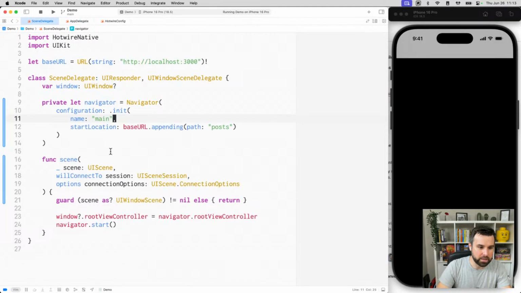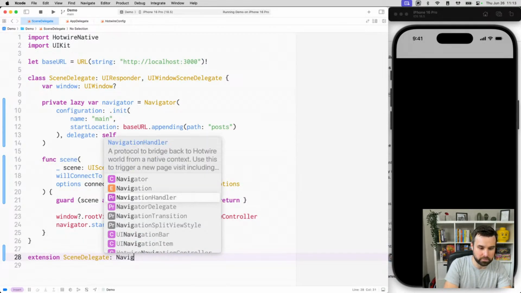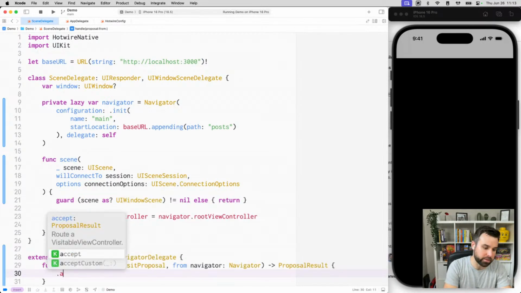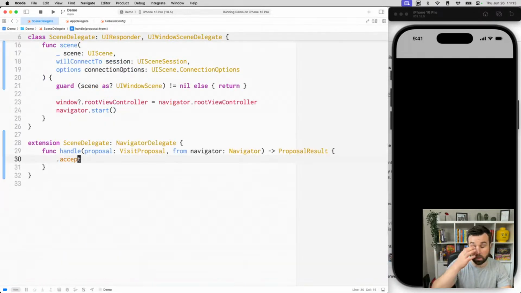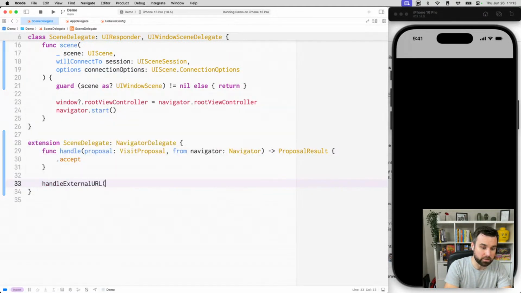Remember back in the day, maybe a few months ago, we used to have a navigator and we'd give it a delegate and say self. Lazy var, extension, scene delegate, navigator delegate. So we would do something like the handle proposal function, where we would accept it or write our own view controller. We used to have something called handle external URL,